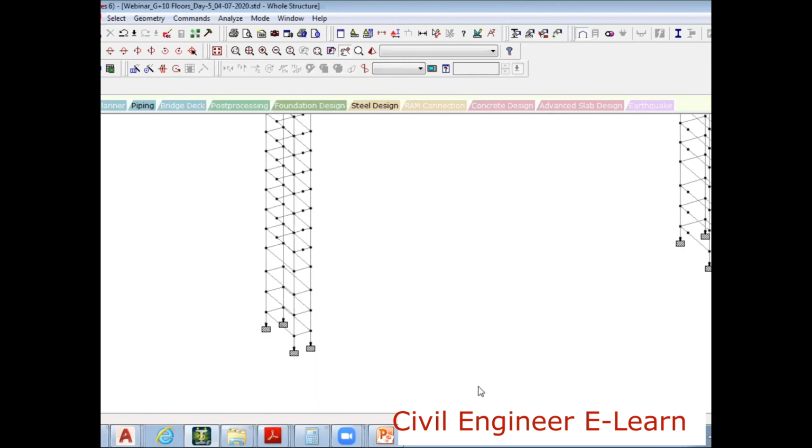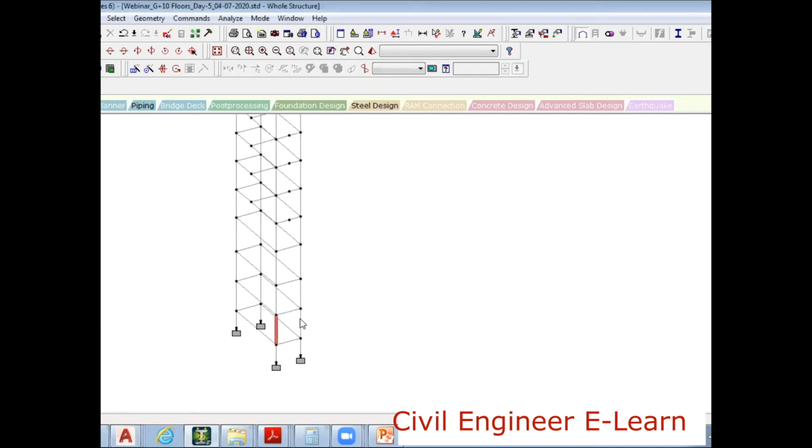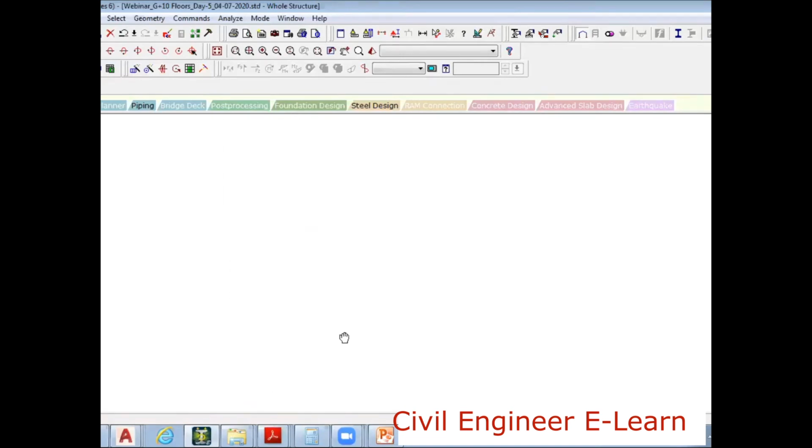I have to have a mid landing, means I have to have a staircase like this from here to here, and then here, here, here, and then here, likewise. I have to now add this one, this one, this one, this one. I have to add a mid landing beam here.